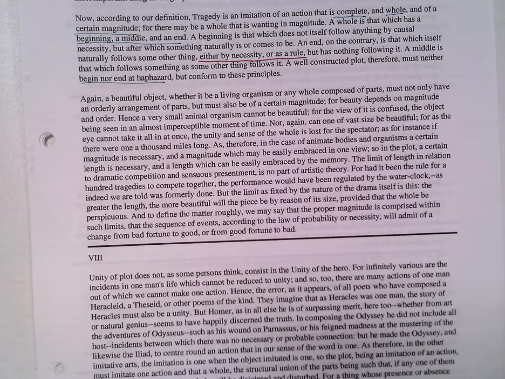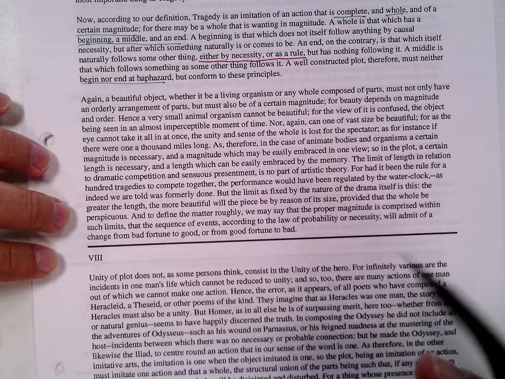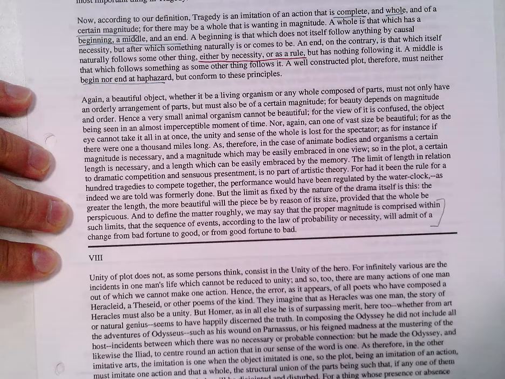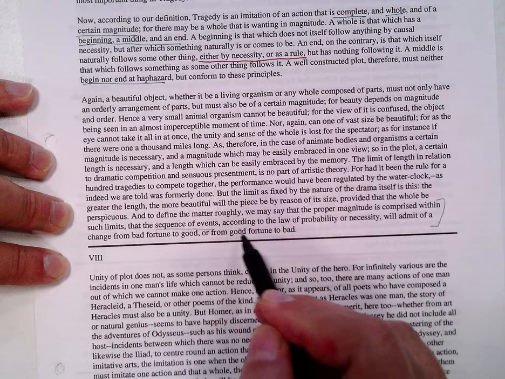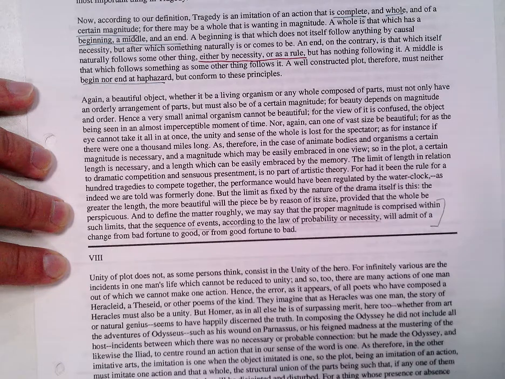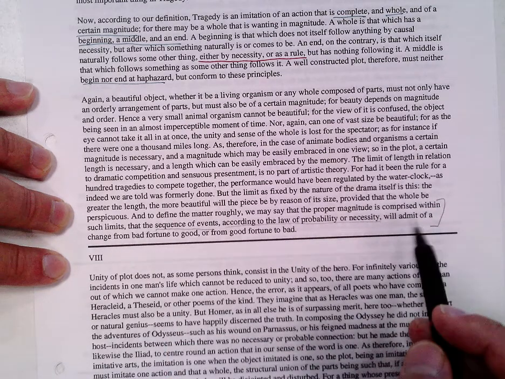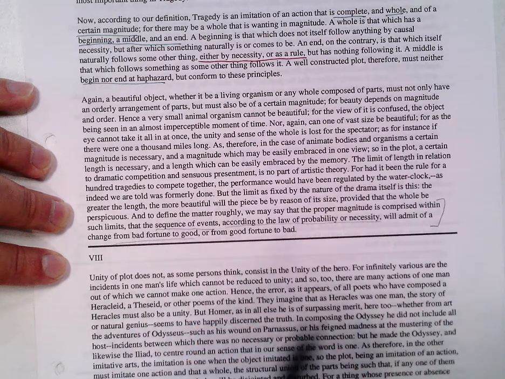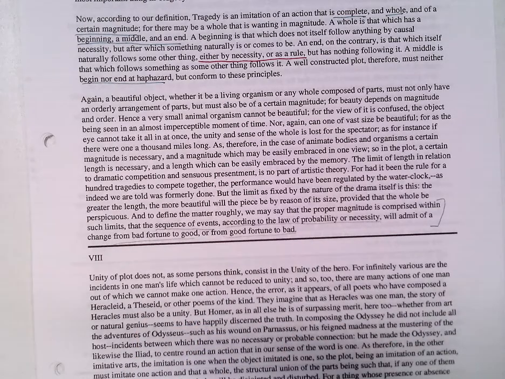And so lastly, we talk about the definition of magnitude. The magnitude of the plot is a sequence of events which adhere to the laws of probability or necessity and will give space for a change from bad to good fortune or from good to bad. So basically, you need a long enough sequence of events that are all connected by probability or necessity that allow for a peripeteia. So that's chapters 6 and 7. A lot is laid out there in terms of what constitutes